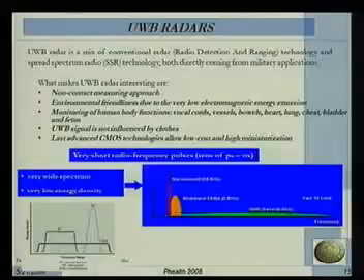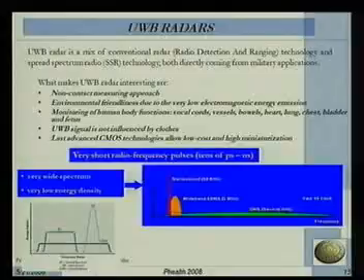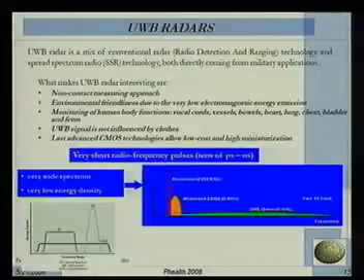It's very similar to the ultrasound monitoring strategy, but the very important advantage, the benefit of this technology, is that it is non-contact. And therefore, the ultra-wideband signal